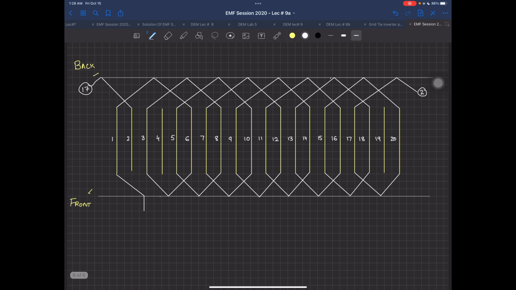So what I'm going to again show over here is that this one is going to be connected over here, and this will be shown over here to slot number 19. So slot number 19 over here means that this is actually coming out from here. So this is going to be connected. I'm just showing it over here as slot number 2. So this 2 is going to be connected with 19, and from 19 onward I have to show a coil